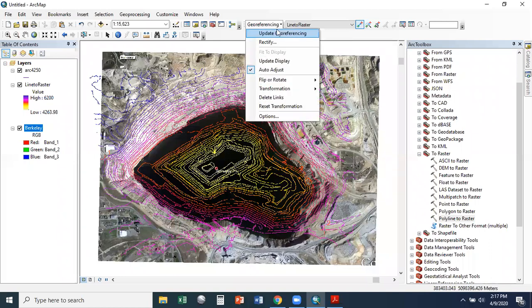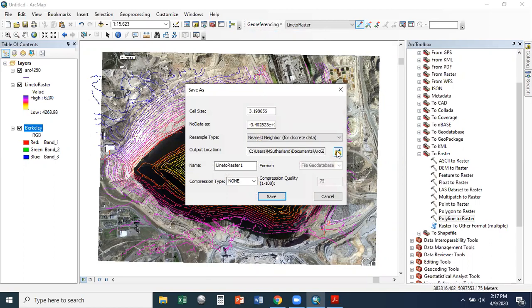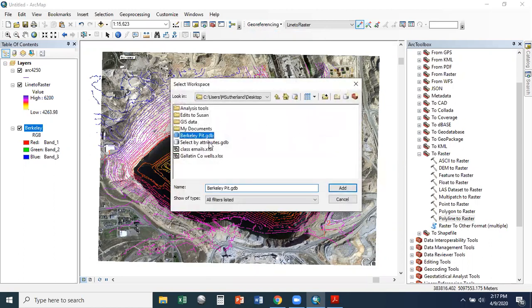So remember, if you want to update this, rectify will create a new file, but update will assign the georeferencing coordinates to the file you already have without any redundancy. Personally, my preference is usually to rectify in case there's any problem. I can go back to my original file. So I'm going to rectify and make sure the output location is where I want it. I'm going to put it in that